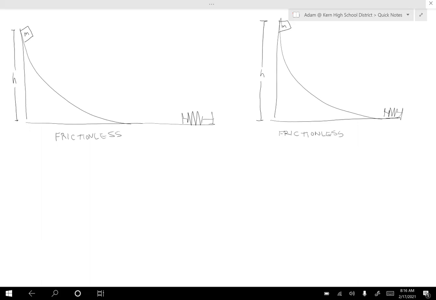Okay, so there were two questions asked here. I'm going to address them in two separate videos. This is the first. And the question was, given these two ramps, both with the same mass at the top,